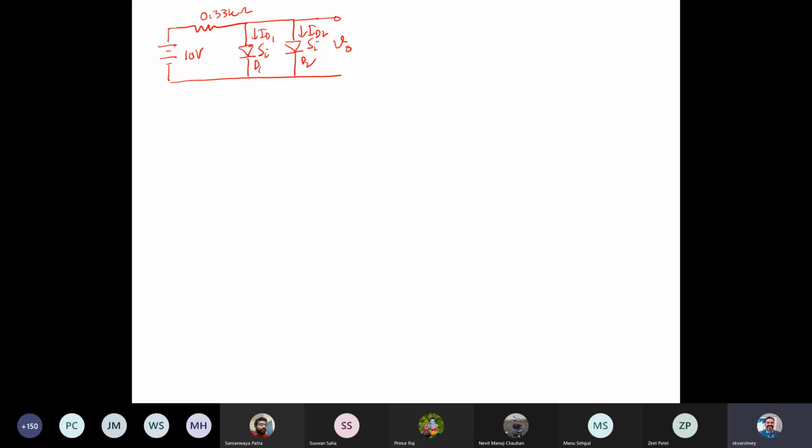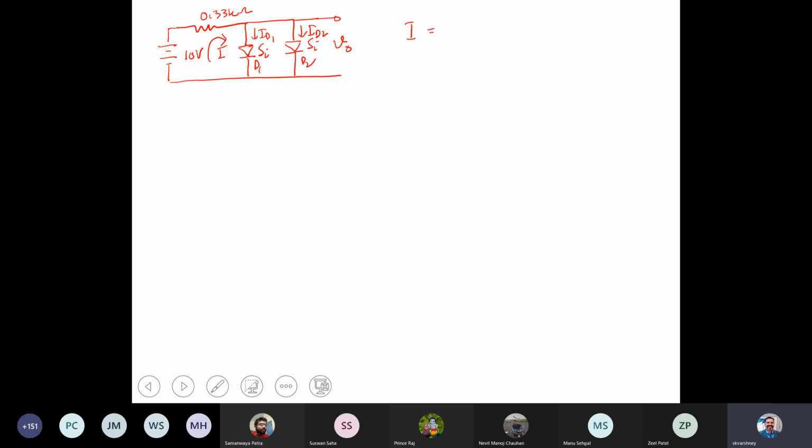And if it is given, let's say both the diodes are identical in nature, then in that case the current that is going to flow is going to be the same. If they're different, then a different, of course. So we can find it out, basically assume that diodes have similar characteristics. So total current I, which is from here, I will be simply ID1 plus ID2, and then ID1 and ID2 will be the same. So simply you need to find out I, which we can calculate very easily from this loop here.